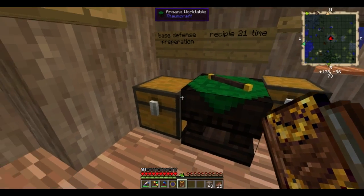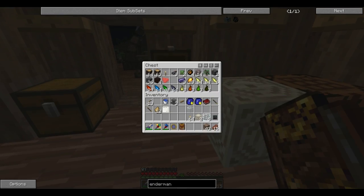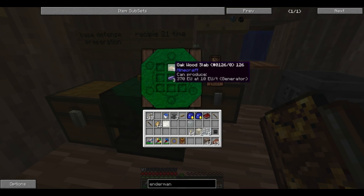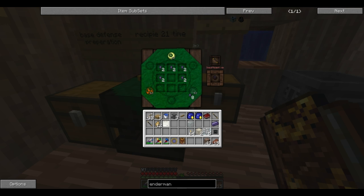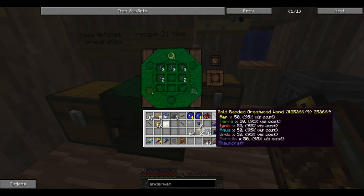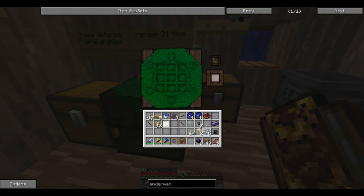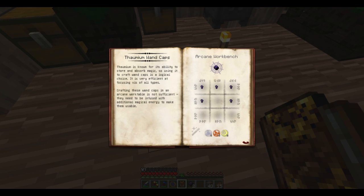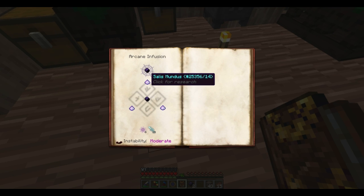So if I want to make the Thaumium caps, I need my Thaumium. Here it is. Put that in there. I think it's 10 nuggets to make 2 caps. Yeah. And this does not have enough order on it. Does this one? Yes, it does. Awesome. 2 caps for one wand, and then I think I need to infusion craft the Thaumium caps actually with